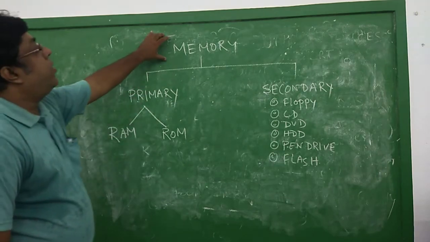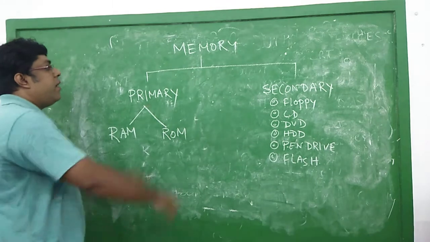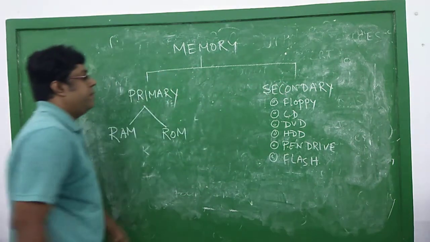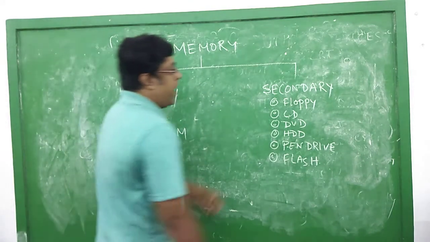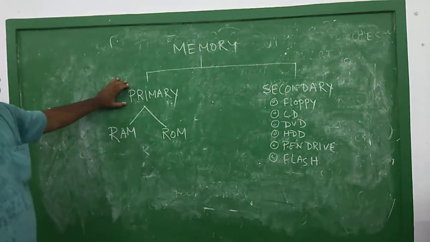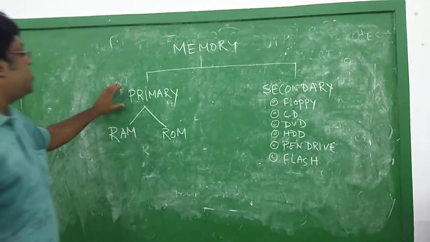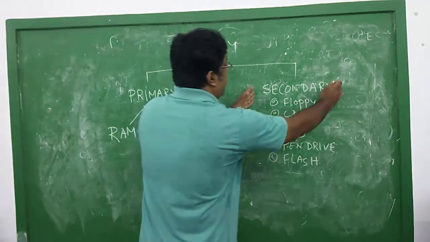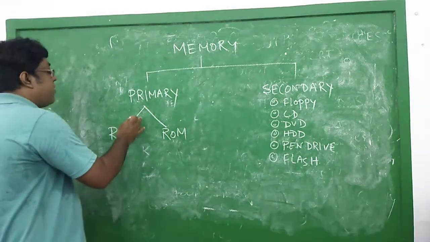Now we are talking about the computer memory. We can classify our computer memory into two different categories. First of all, primary memory, and the second one is the secondary memory. Primary memory is also known as the primary storage device or primary storage unit. In case of primary memory,